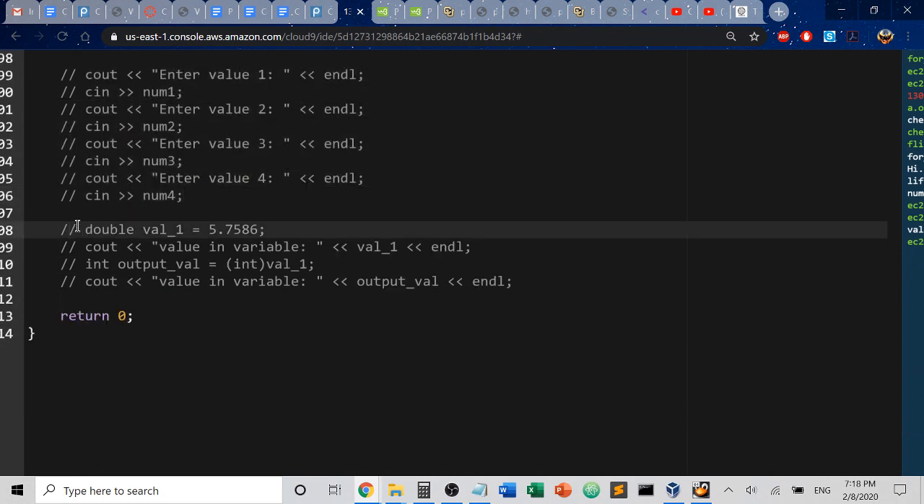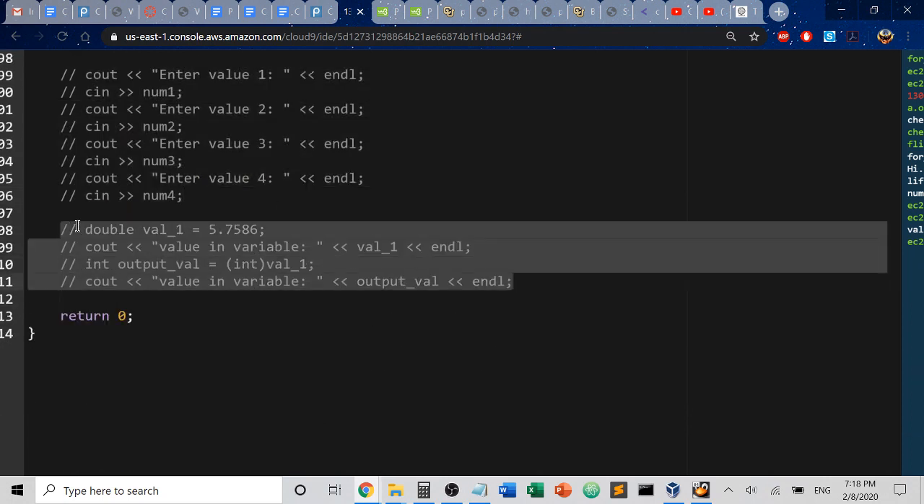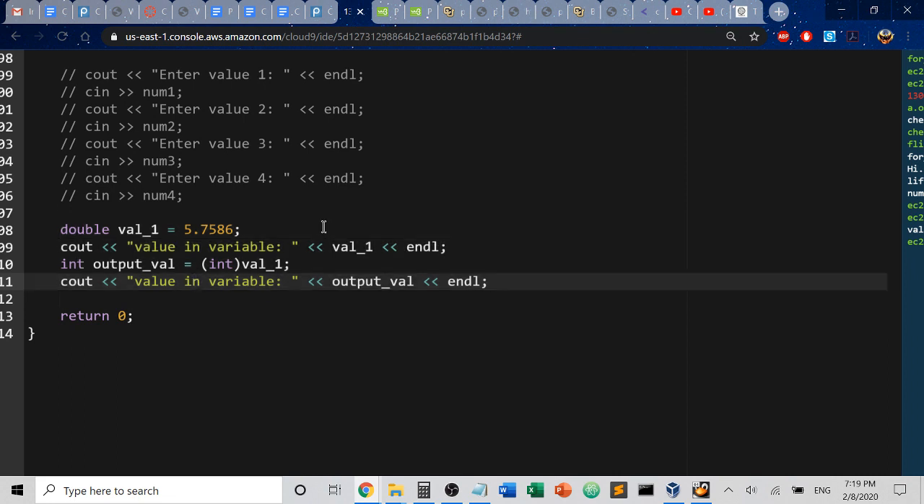And talk about typecasting. So briefly, I just want to mention what typecasting is, in case you want to know and how to use this operation. Typecasting is when you take something of one data type, such as a floating point value. Here I have a double called val1, which is set to 5.7586, which is a 4